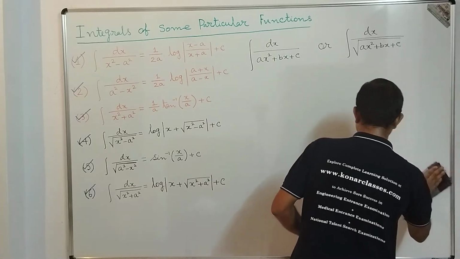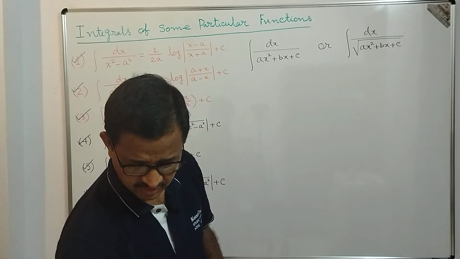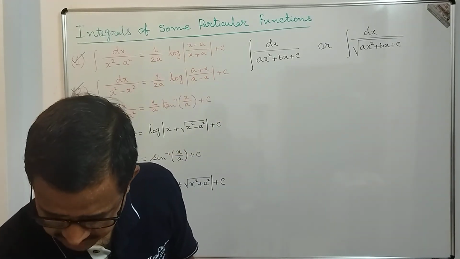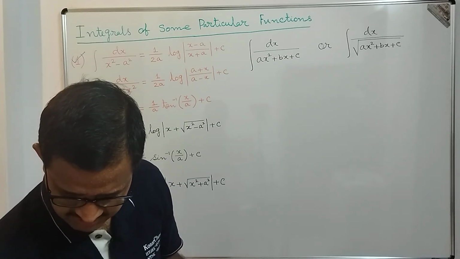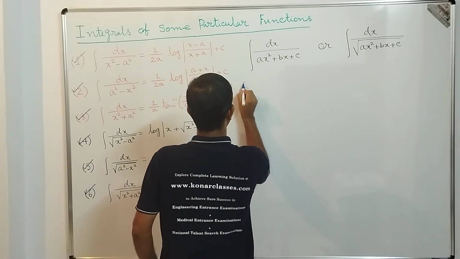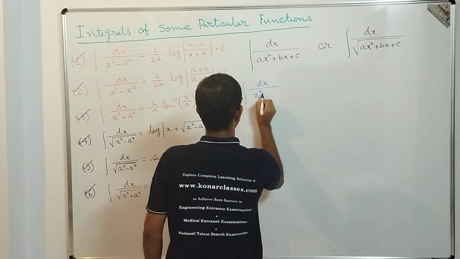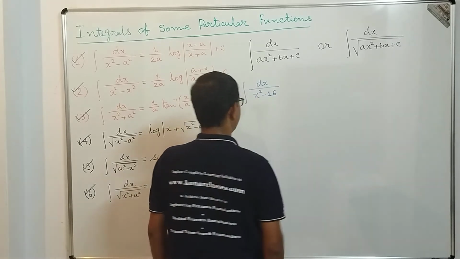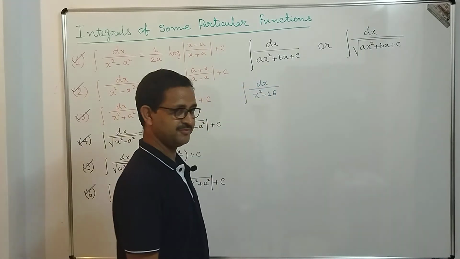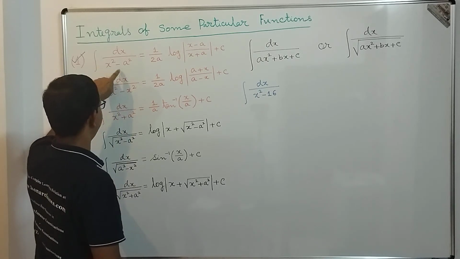Okay, so the next question I'm going to give is a very simple one, and it is not exactly in this form. It is not required to consider in this form also. It is integration dx by x square minus 16. Why do I give this question here? You may think, sir, I need to make it in this form. Not required. It is actually in the first form, x square minus a square.